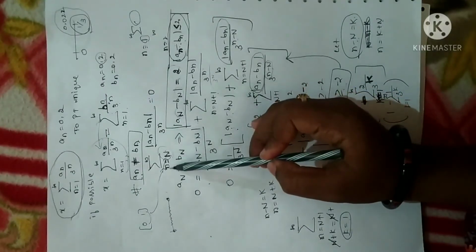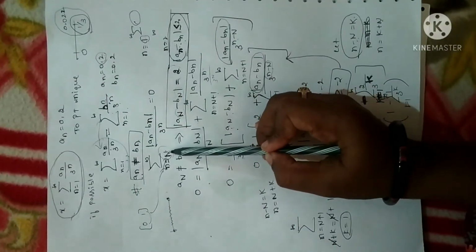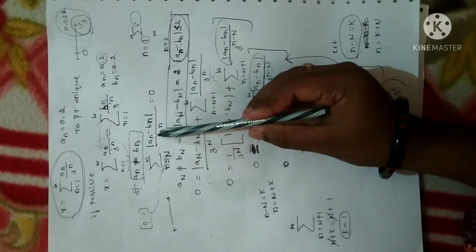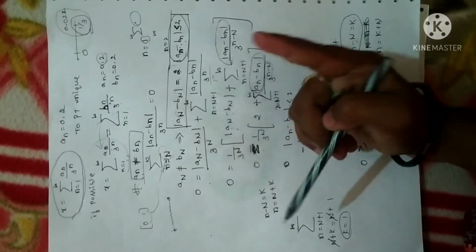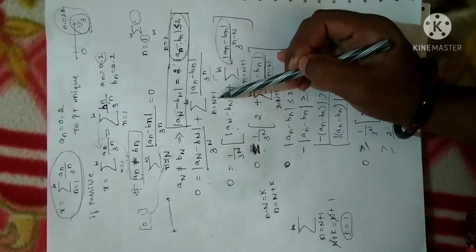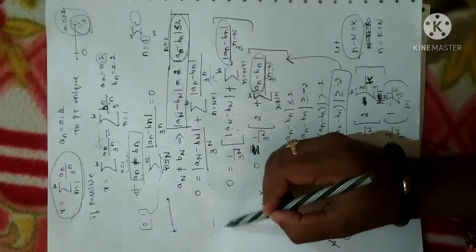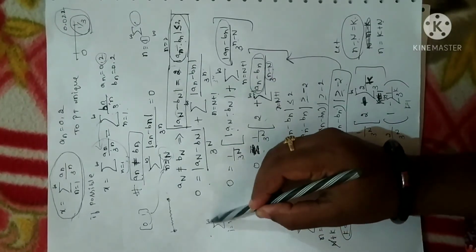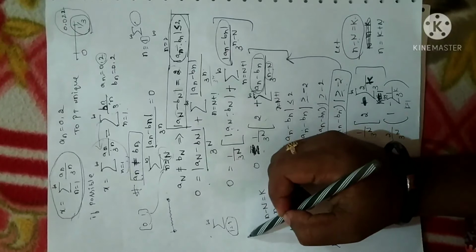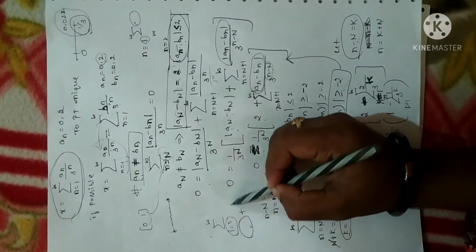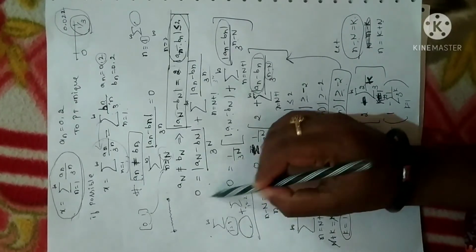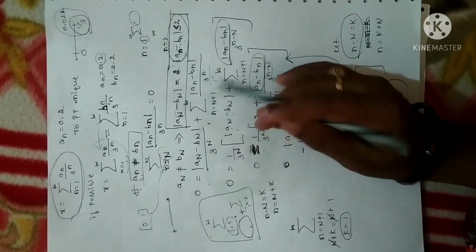Now what I have done is, since n ranges from capital N, I have substituted n is equal to capital N here for the first term. The next term will be followed by n plus 1. Something like, if the summation is i equal to 1 to infinity, if you substitute i is equal to 1, you write the first term here. The next summation should start from i is equal to 2. So this concept I have used here.